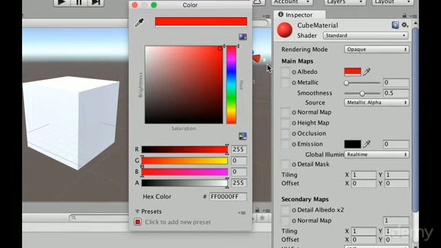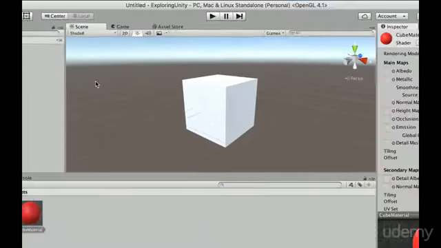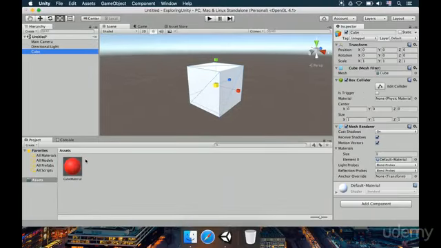Okay, so anyway, let's choose red. And we have our cube here. Let's select it. To apply this material, we can do this in 2 ways. You could either drag this material and drop it on the cube while we are in the scene window, or if